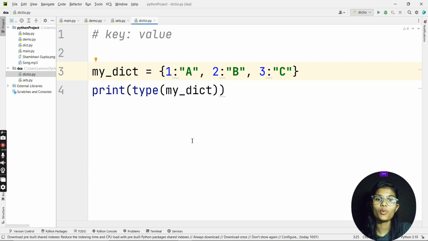But the main and important thing which comes up here for the dictionary is: can you convert any other data type to a dictionary format, or a dictionary to any other data type? The answer is no, because all the other data types and data structures except your dictionary have only one single value. They do not have any pairs. But your dictionary has pairs. So if you try to convert this to any other data type, it will automatically start thinking about what to convert and what not to convert.